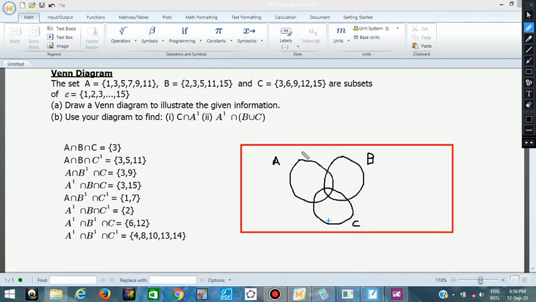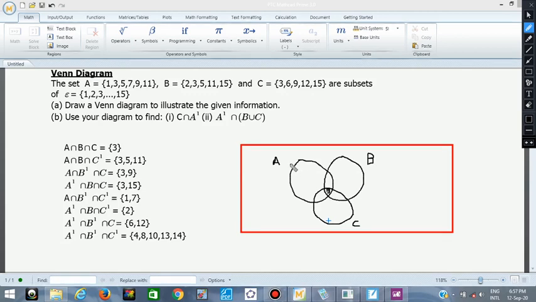So now let's start. If you look at the connection of these 3 circles, you see that this middle here is the set of numbers that is present in A, B, and C. That is the first one we always start with, A intersection B intersection C. So 3 is the one present in A, B, and C. So you are going to write 3 inside this place. So 3 is going to be inside here. So that is that. Let me make it bright. Just make your circle very bold so that you can write it clearly inside. So 3 is going to be here.